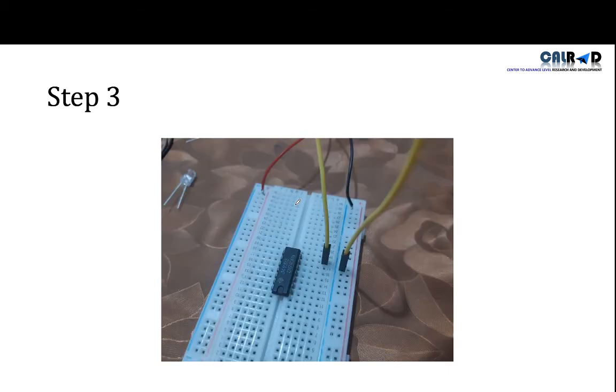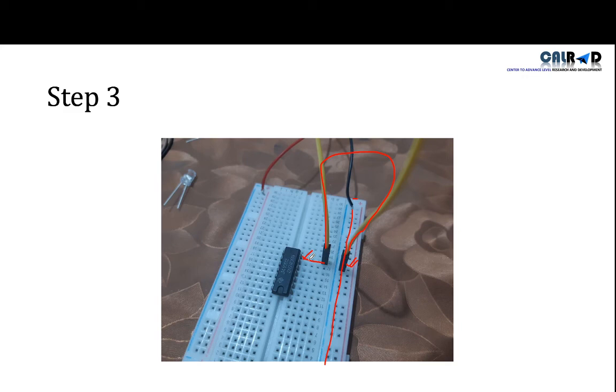Now the third step is connect our pin 7 with the negative, because here we connect the negative. So this means this whole row is negative. So we connect one end of the jumper wire here and another end of the jumper wire here. So this means negative current will flow through here, or we ground our pin 7 here. So this was the third step.